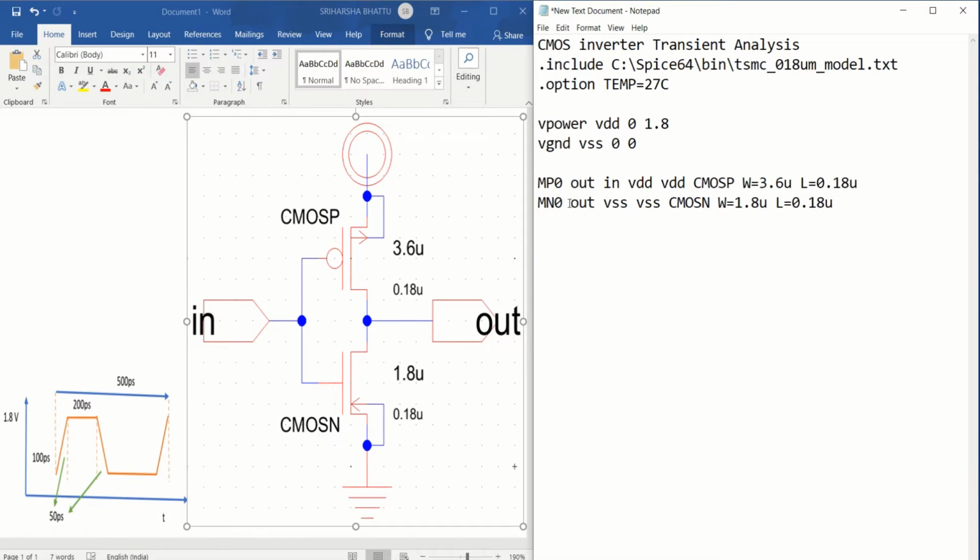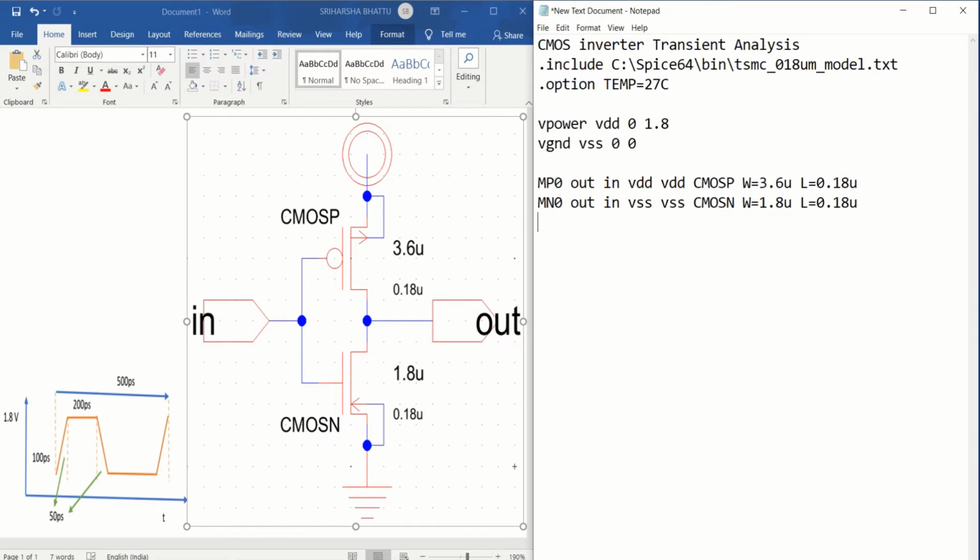So in this fashion you have to declare drain, gate, source, bulk or substrate, then the technology file name with width and length.